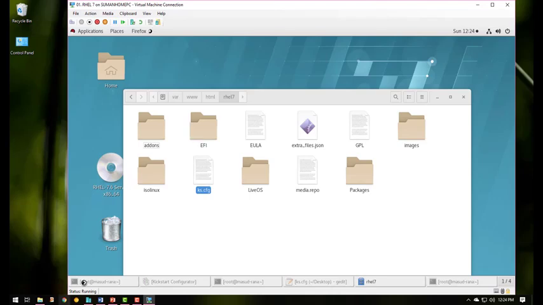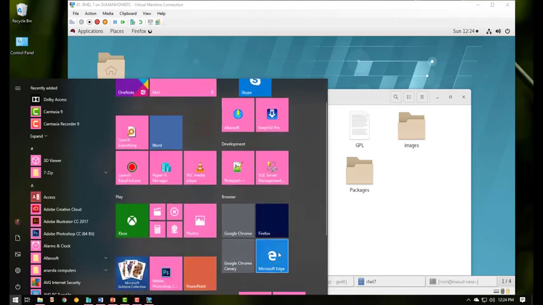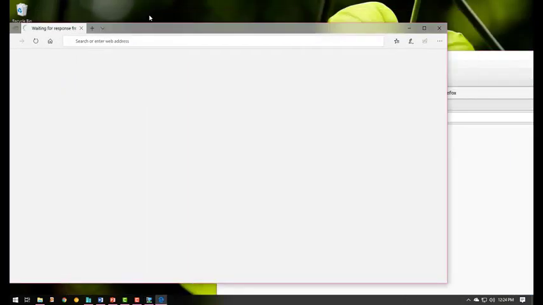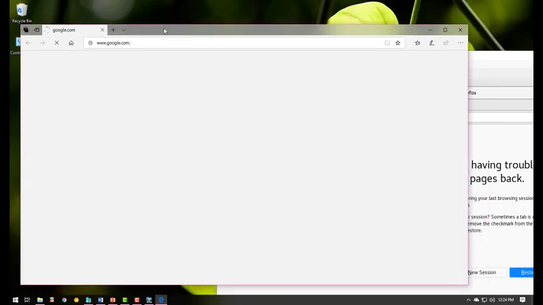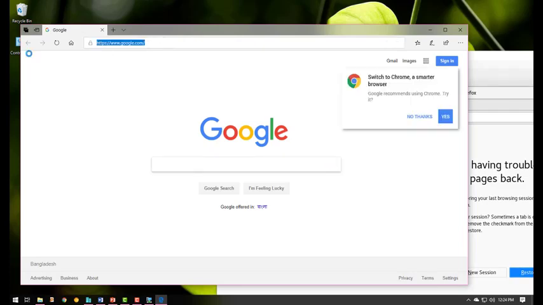Here also, from here I want to go to 192.168.2.8 slash rhl, sorry,